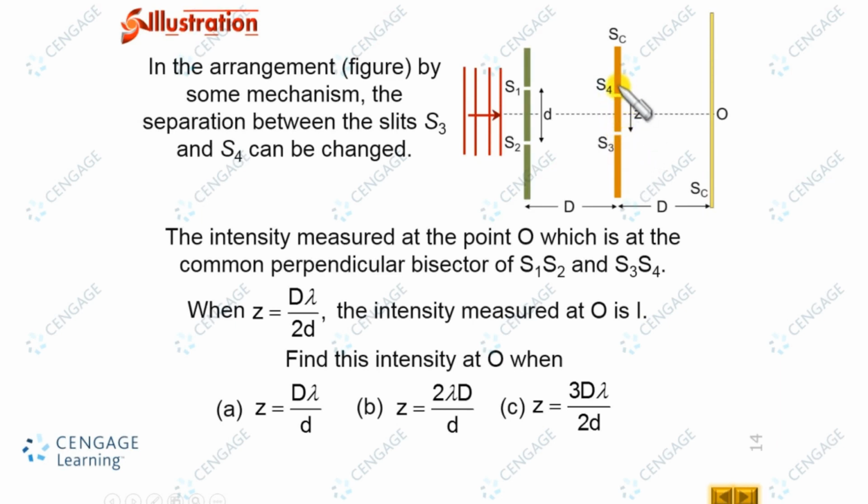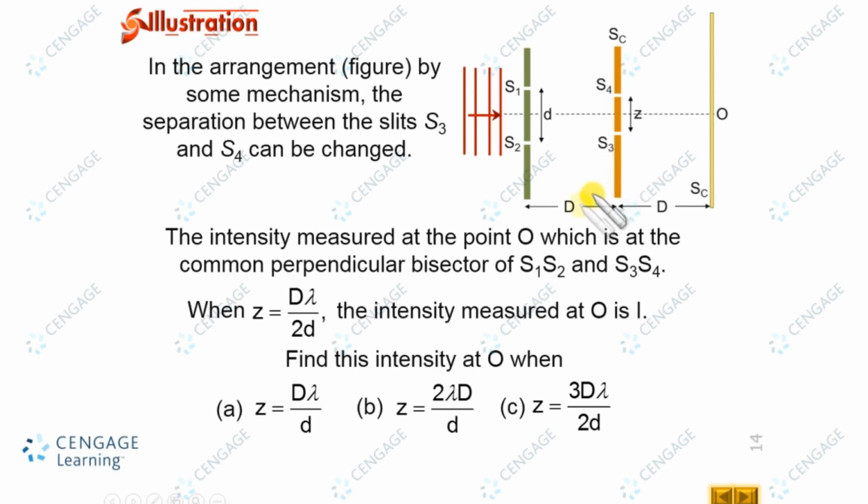Then light again comes from S3 and S4, and because S3 and S4 are symmetrically placed, the intensity of the light at S3 and S4 should be equal. Finally, you can observe the second part of the diagram again represents the standard set of the Young double slit experiment, and O is the center of the screen. At the center of the screen we have the zero order maxima, and there the intensity is 4 times the intensity of this and this. This is the analysis.